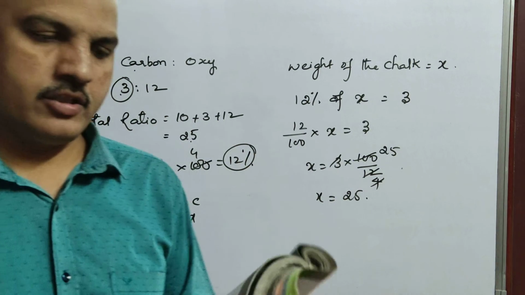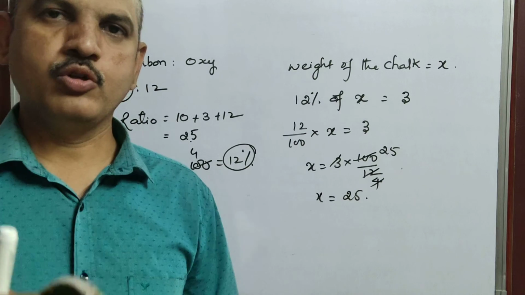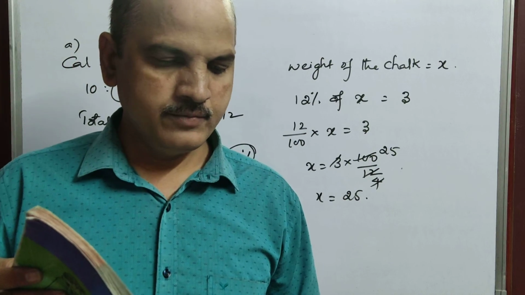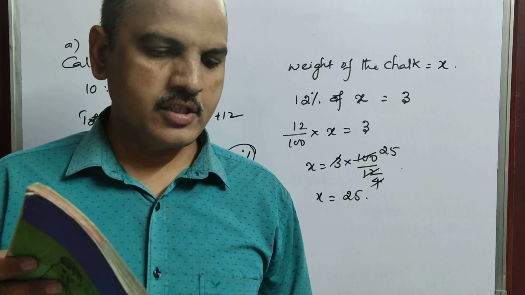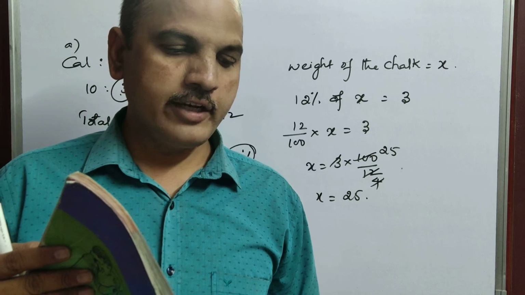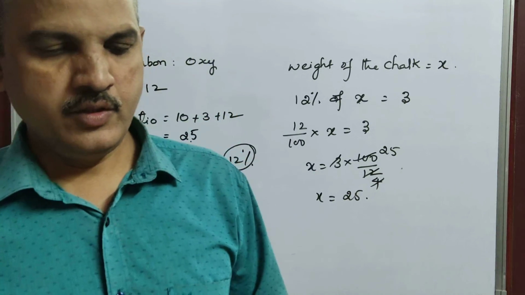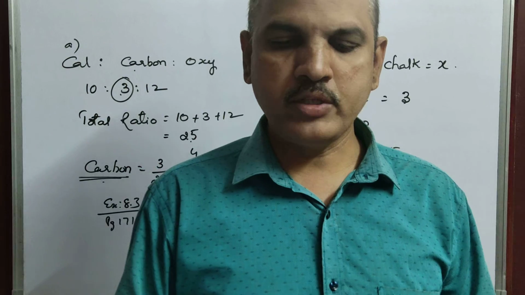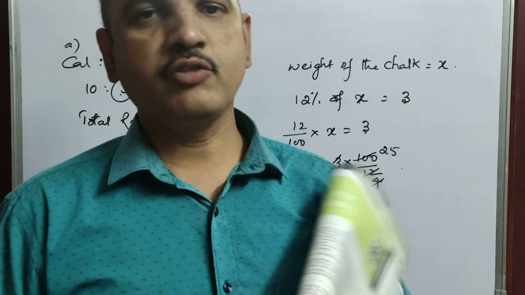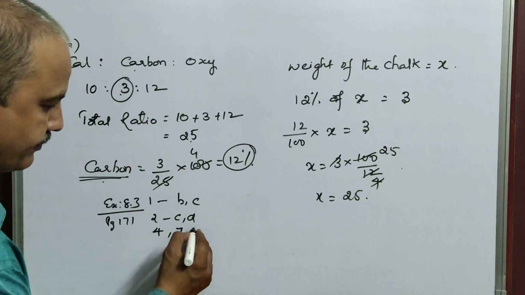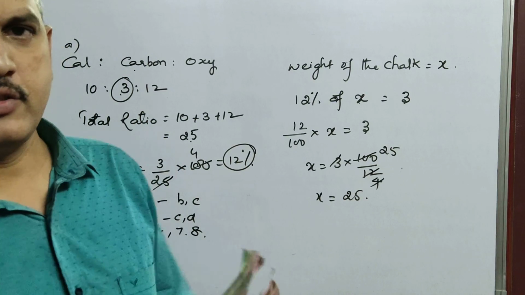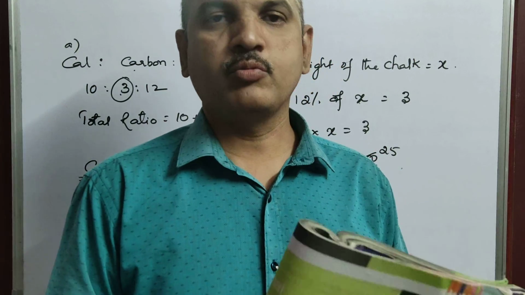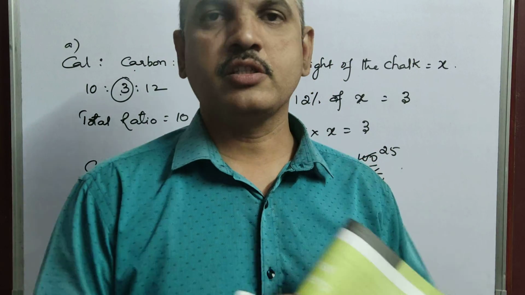Okay, still we are left with 2 or 3 more sums. That is, we'll see 8, 9, 10, 11. 4 sums are there, children. The 8th sum, children, you can do also. It's very easy. Aman buys a book for 275, sells it at a loss of 15%. How much does he sell it for? So the 8th one also you can do as homework. So 1, 2, 4, 7, 8 homework. So 9, 10, 11 tomorrow I am going to tell, and I am going to finish up this chapter.